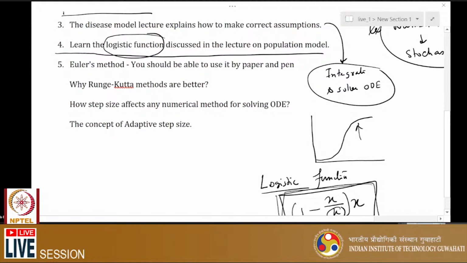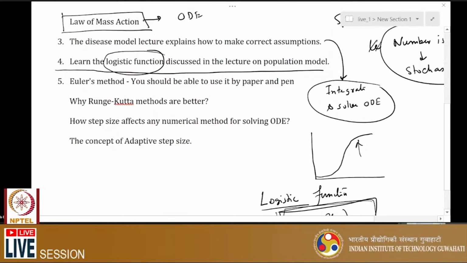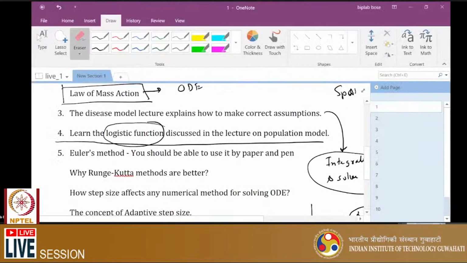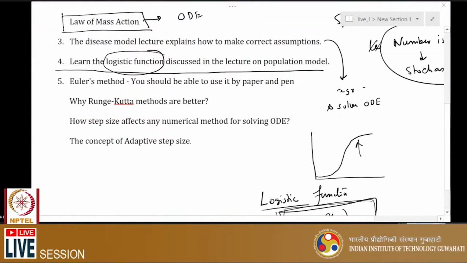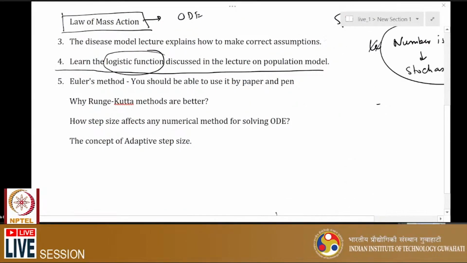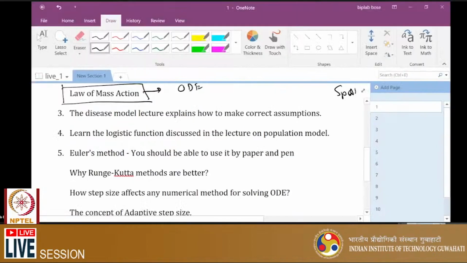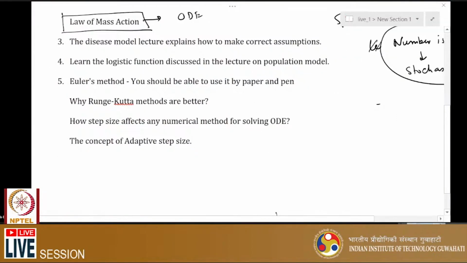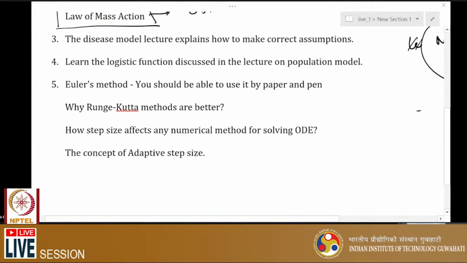So I will go to the other important thing that you have to learn very carefully for assignment and exams for this particular course. I will insist, let me clean it a bit so that it becomes better. Okay, so this one, Euler's method,